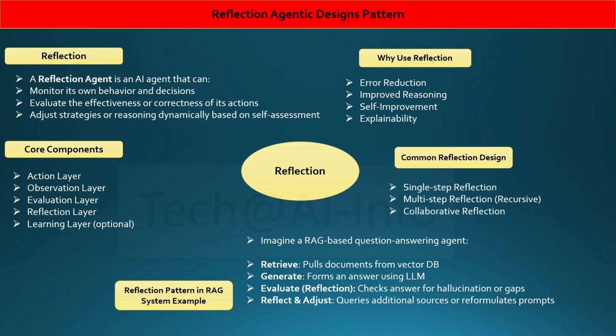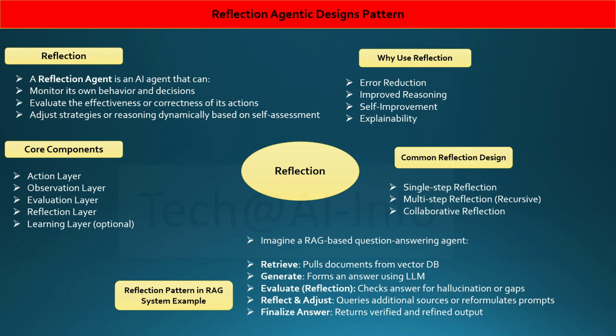Next is reflect and adjust. Based on the evaluation feedback, the agent adapts the retrieval: additional documents, changed search query, re-ranked results, or re-prompting the LLM with clear instructions. And then the final answer. Finally, it returns the verified and refined output. The LLM regenerates the answer using the improved context. The output is now more complete, better grounded, and less prone to